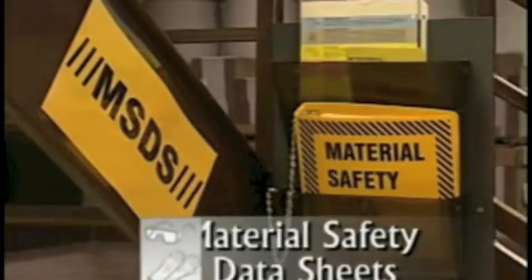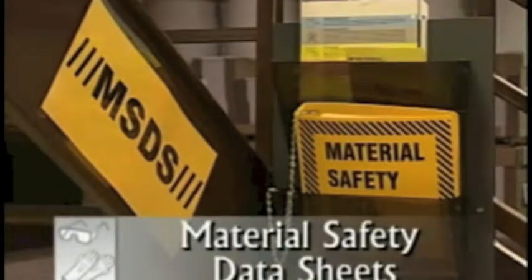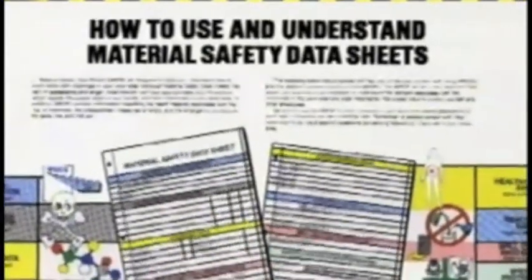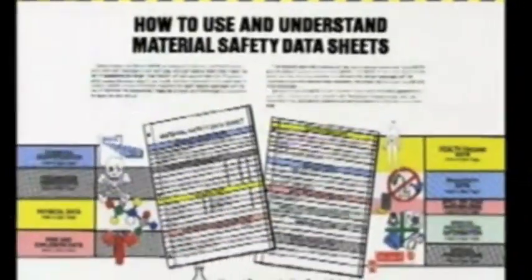Chemical manufacturers or private brand distributors create an MSDS for each of their products. The sheet includes both technical and safety information. Although the MSDSs may look different depending on the manufacturer or distributor, each one must include the name of the